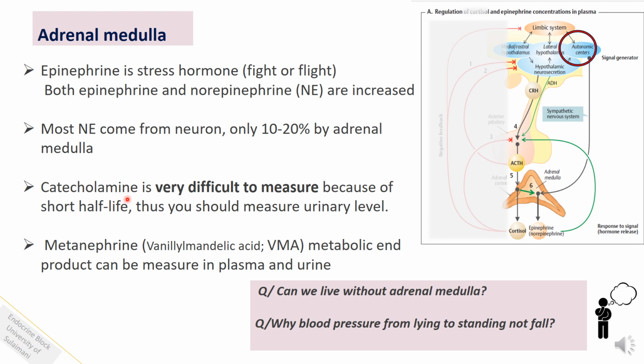That's why it will not remain in the blood when the patient goes for investigation. So what should we do? We have to either measure its urinary level or measure its metabolite, metanephrine, or vanillylmandelic acid, which is a metabolic end product, either in the plasma or in the urine. We have to measure this when, for example, there's pheochromocytoma,